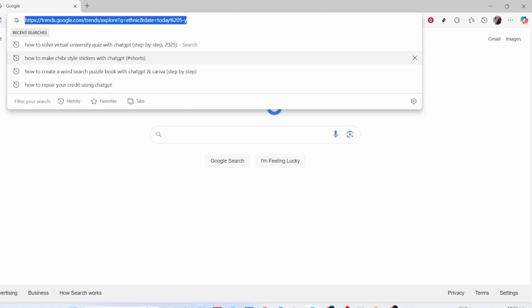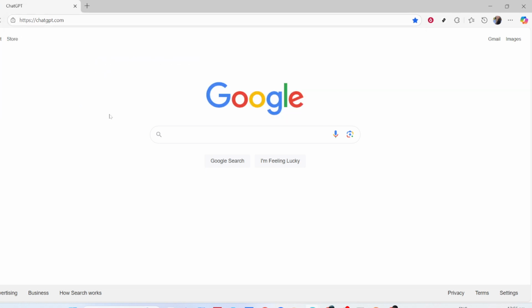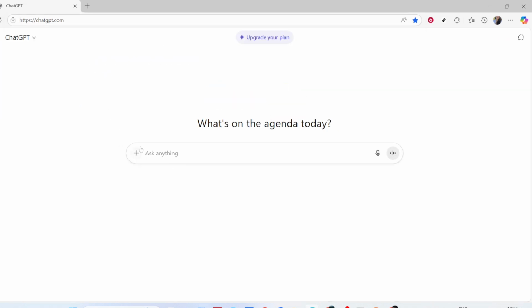Let's get started. First things first, we'll open ChatGPT, your trusty AI companion for generating creative ideas at a snap. Head over to chat.openai.com and log in, ensuring you have access to all the great features this platform has to offer. Once you're logged in and ready to go, it's time to harness the power of AI to create some impactful